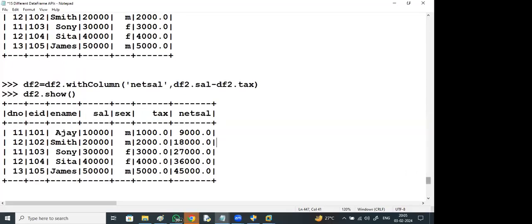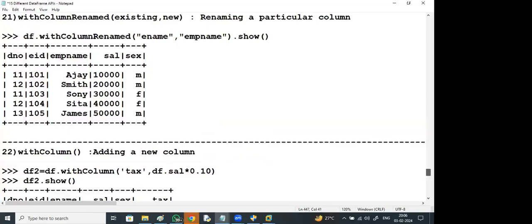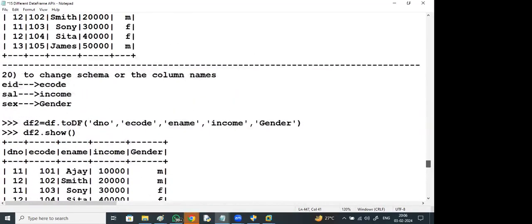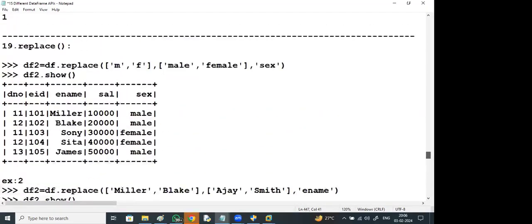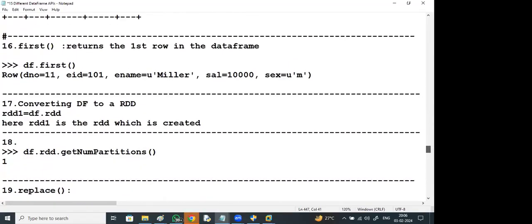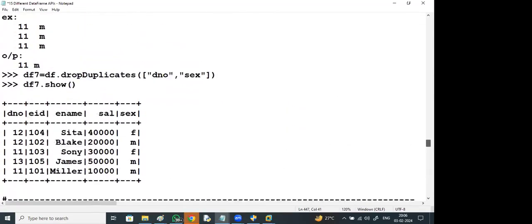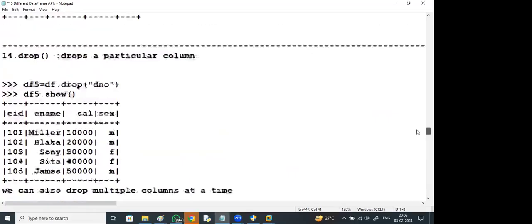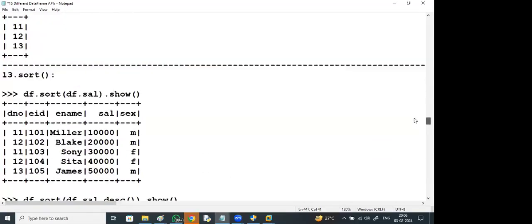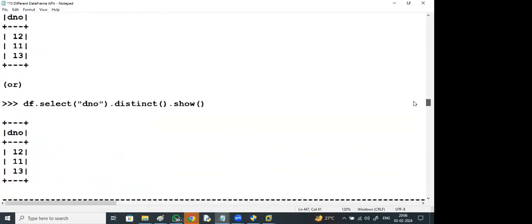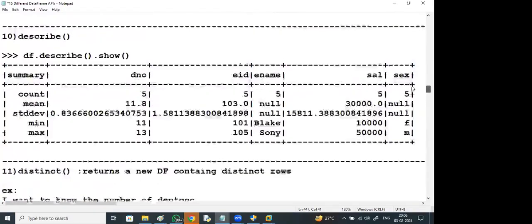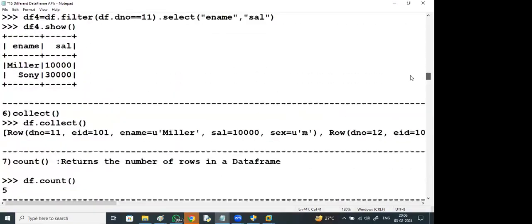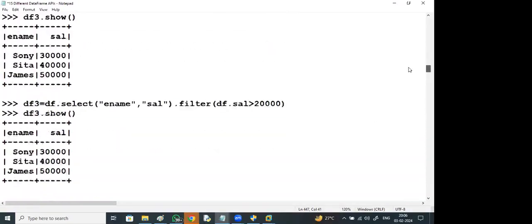Okay, so what is that? withColumnRenamed, so changing the schema, replace already partitions, first, drop duplicates, drop, sort, order by, select, describe, print schema, columns, count, collect, filter.